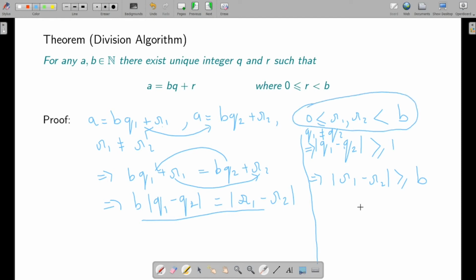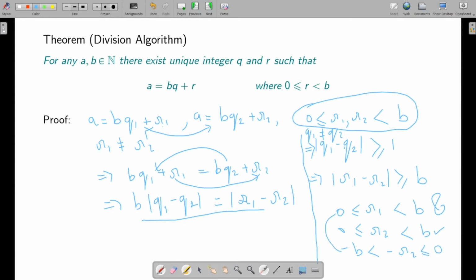Okay, I can write down the proof fast, but actually I would like to leave it out. So 0 is less than or equal to R1, which is strictly less than B. And you also know that 0 is less than or equal to R2, strictly less than B. I can multiply by minus on both sides of the second equation to get minus B is strictly less than minus R2, less than or equal to 0.